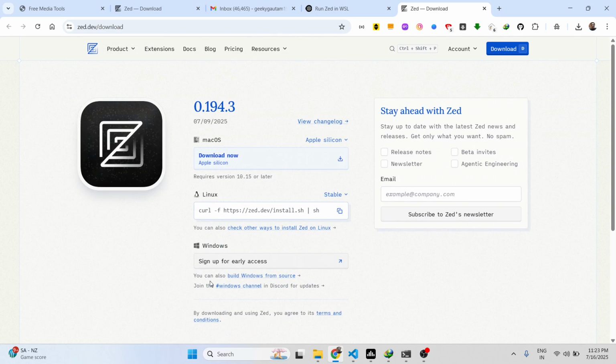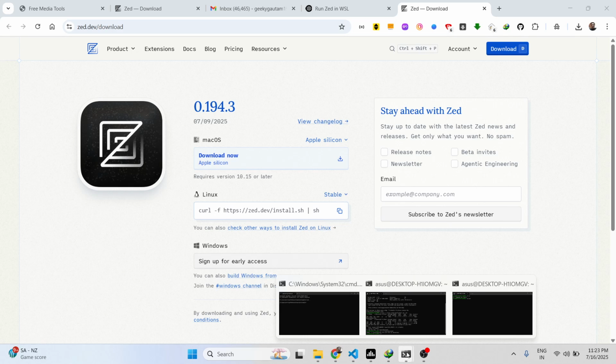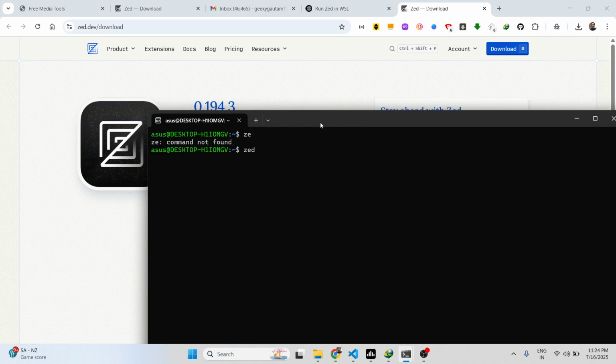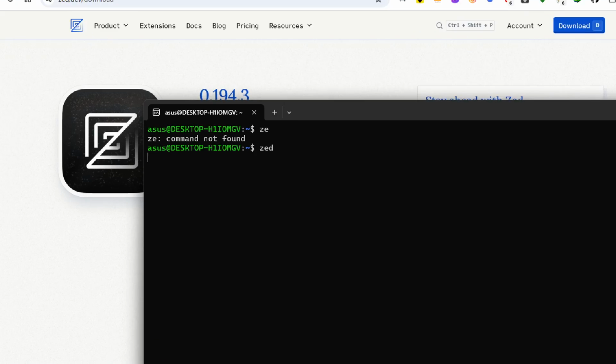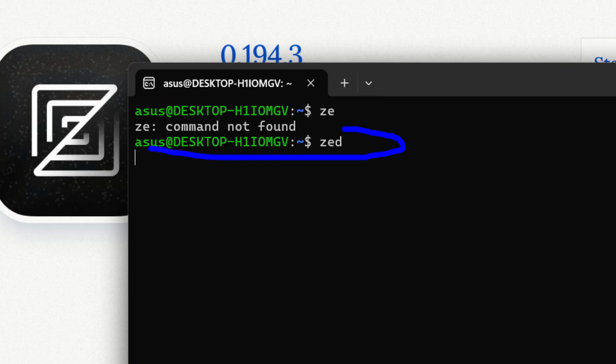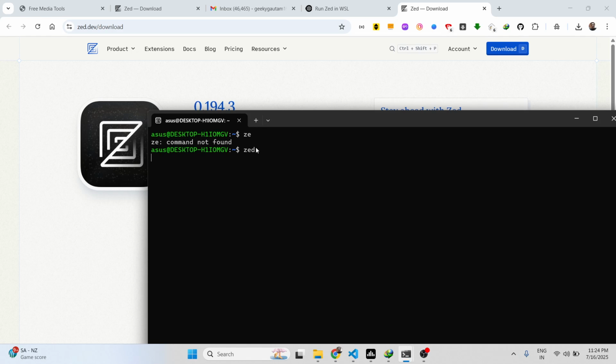I think it is not yet available. I wrote this command, but still it hasn't launched. If I open this in VS Code,